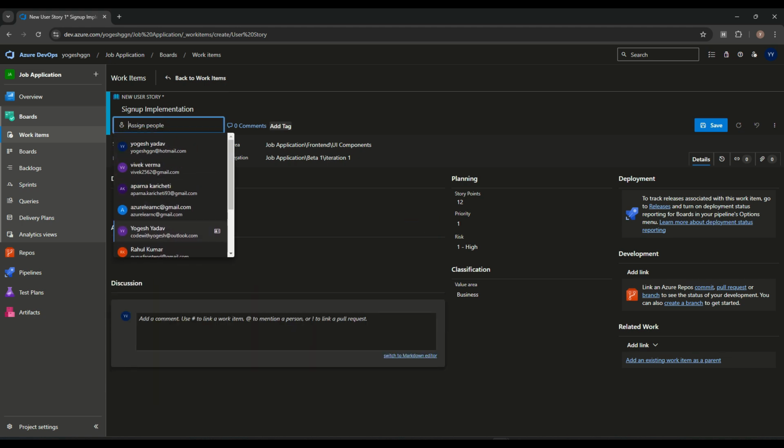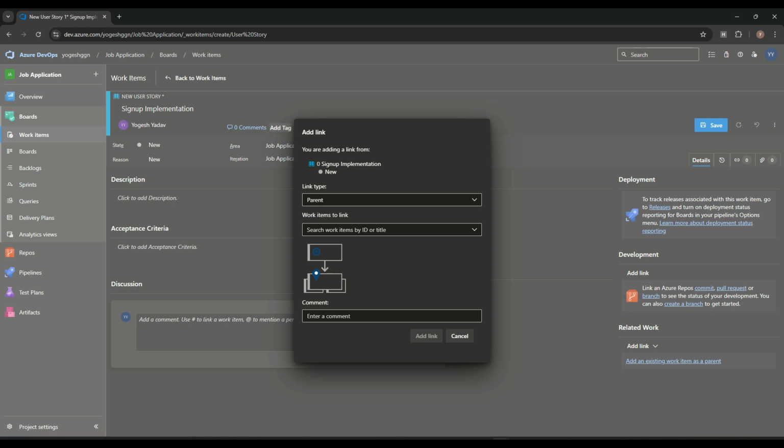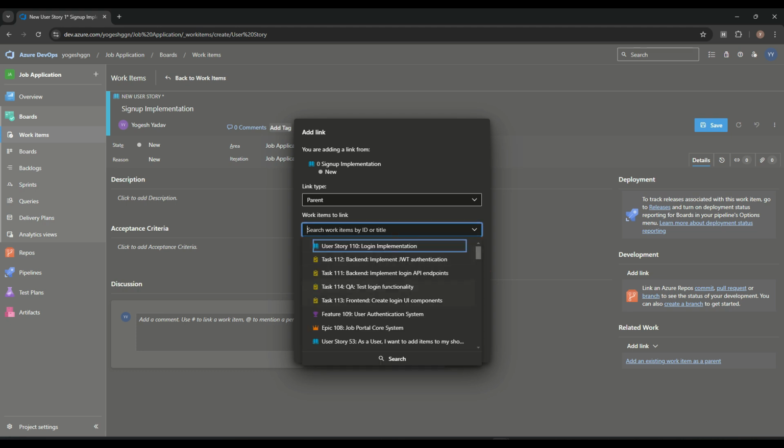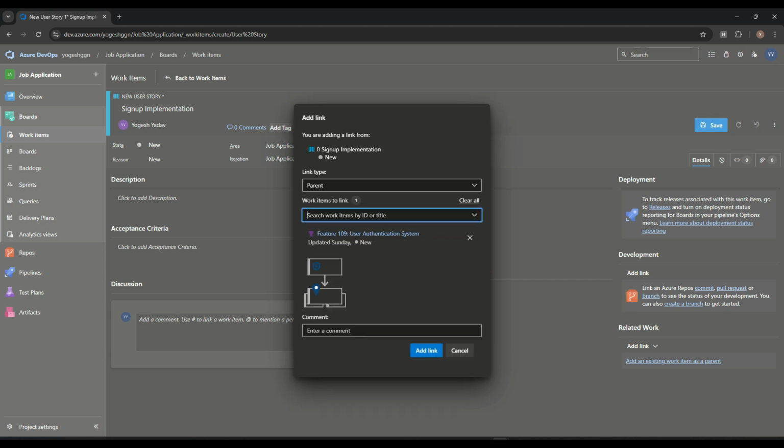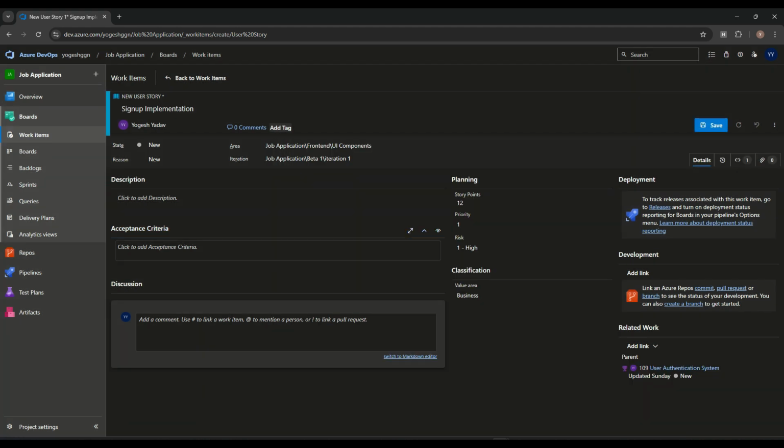I'm assigning this story to one of the developers. This story should be related to the feature. So epic, this is the feature, user authentication. So this story belongs to the feature. First top level epic, then we have the feature, then we have the user story, and let's save it. Now we'll go